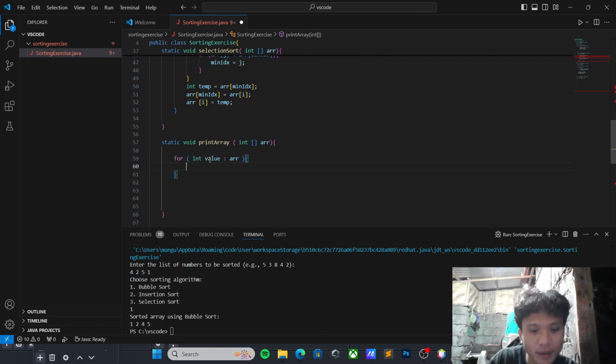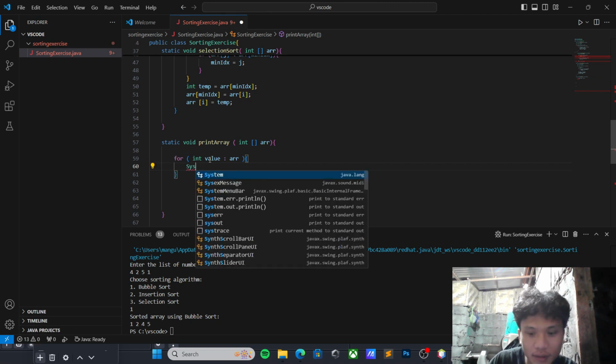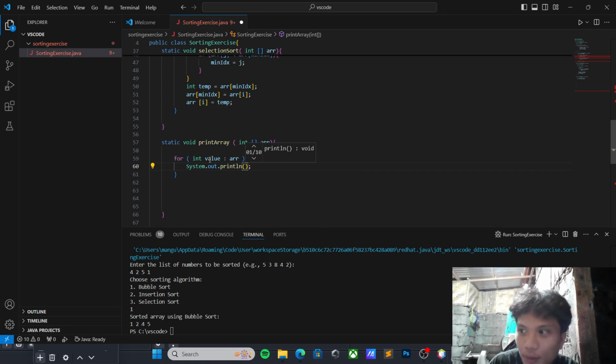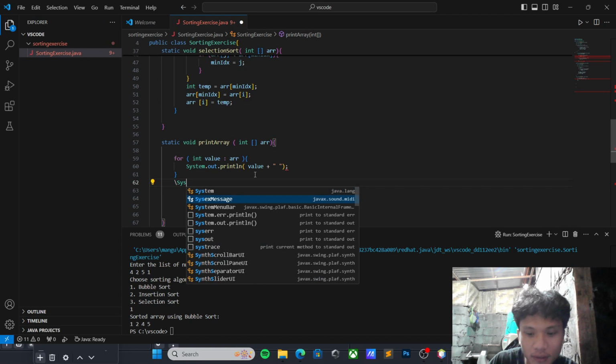Then a system out print to print our value with a space. Then we have here another space.